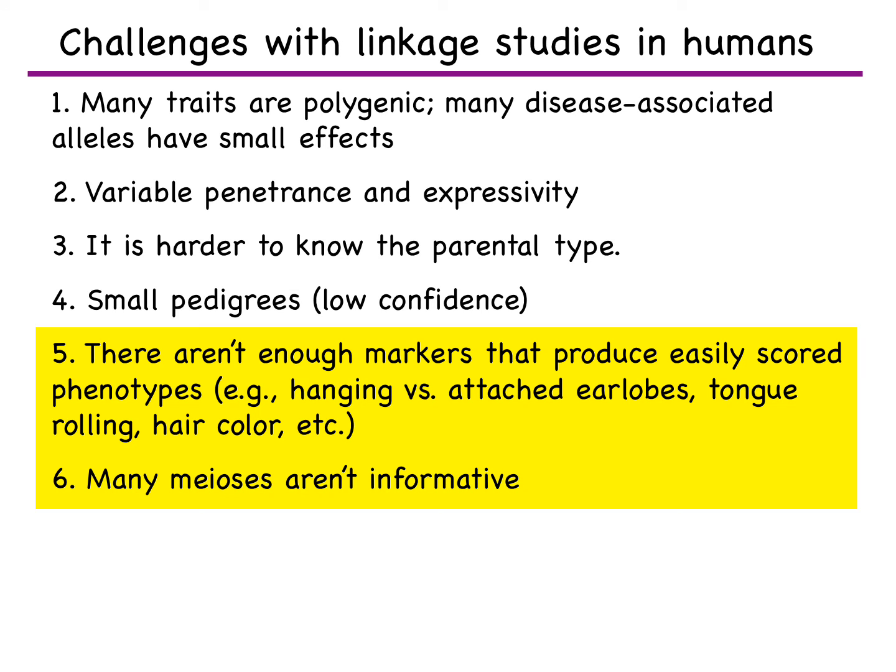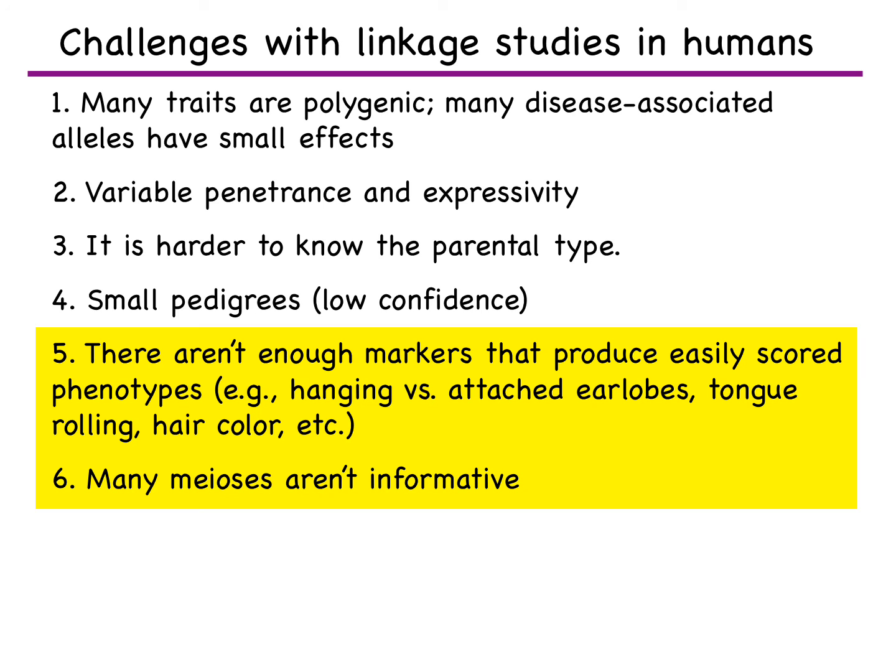Okay, so going back to one of the slides I showed you at the very beginning of the lecture, I mentioned that there are several challenges with linkage studies in humans. And I told you I'd only talk about how we deal with 2 of these. One of them, what we just got through going through, was how you use molecular markers to map genes in humans. The other issue I said that comes up is that many meioses aren't informative. So you can't really fix that problem, but I do want to define what I mean by an informative meiosis